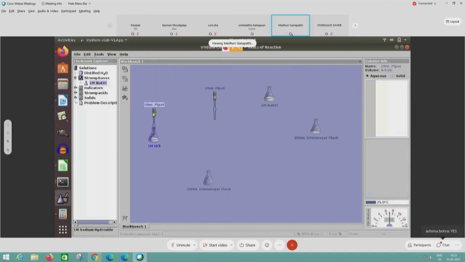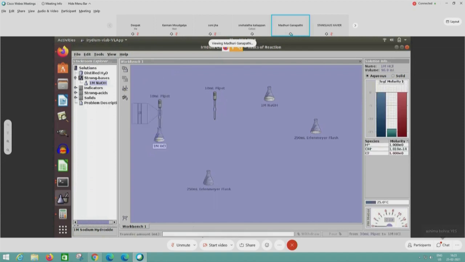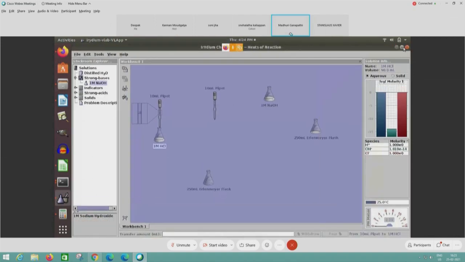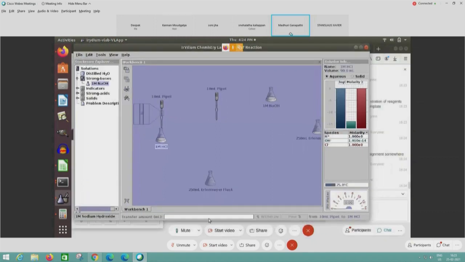Now put it inside the flask until you see the green plus sign. Let me make it a little up so that the lower part will be seen clearly. Down, can you all see the transfer amount input bar? In there I will write 10 because I want to remove 10 ml from the pipette. The minute I write it, a button becomes active. Before that it was not active. It is called the withdraw button.